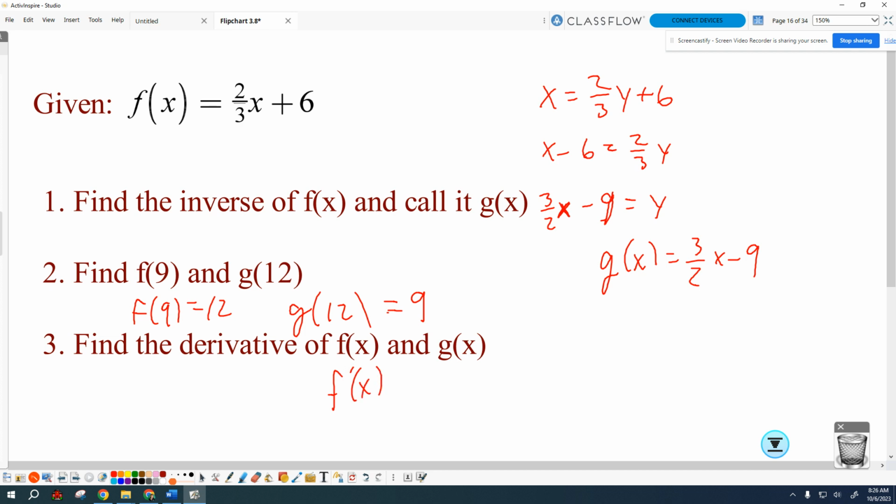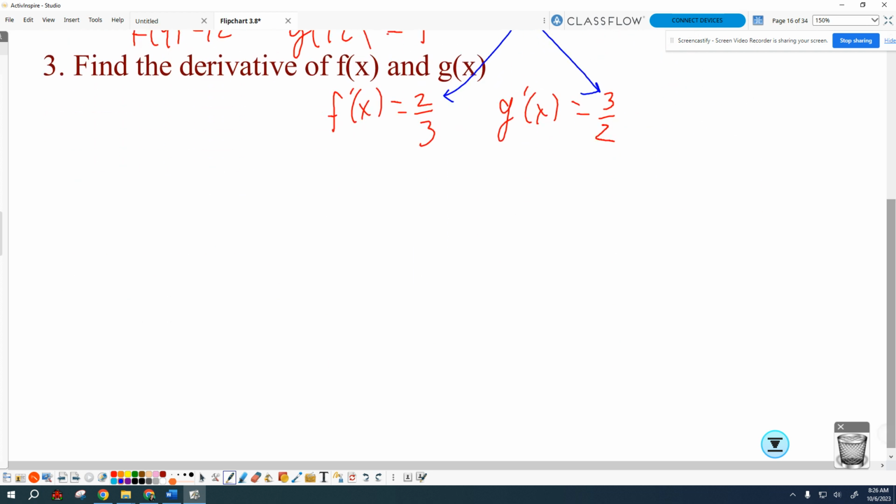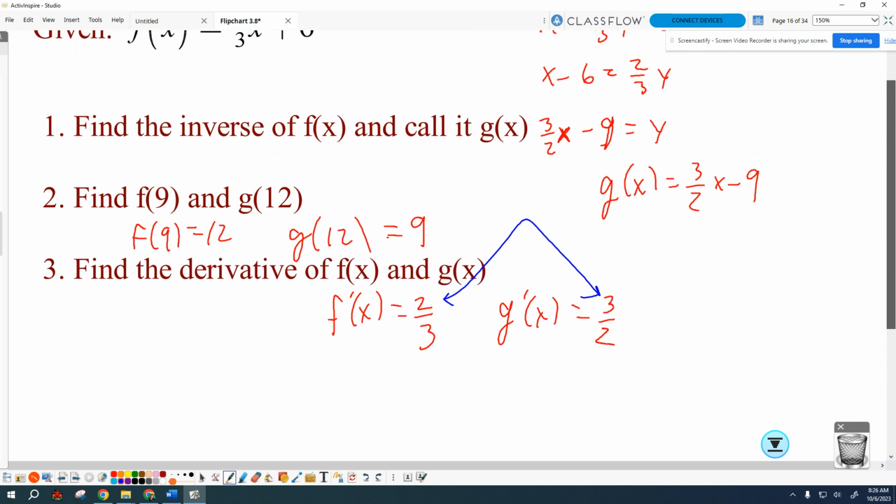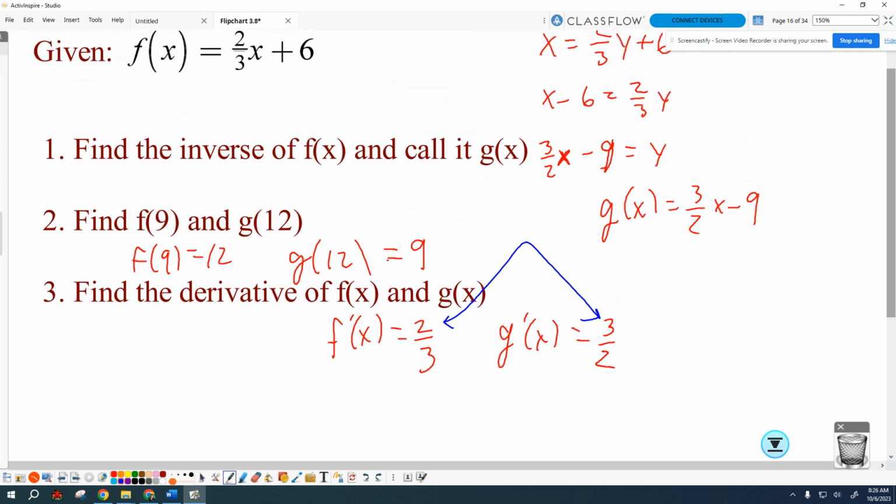Preston, what's the derivative of f of x? 2/3. Annie, what is the derivative of g of x? 3/2. Here's the thing, it's so close to perpendicular, but it's not. What's the difference? It's not negative. They're just reciprocals. And I picked a linear function for these just to start the example, but